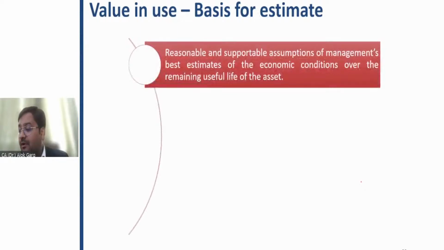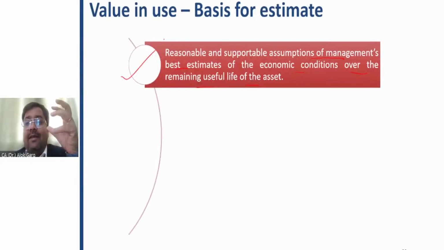What could be the basis for the cash flows? The basis should be reasonable and supportable assumptions of management, the best estimate of the economic conditions over the remaining useful life of the asset, right? So there must be reasonable and supportable assumptions of the management, the best estimate, for earning those cash flows. For example, in the case of a tower industry,